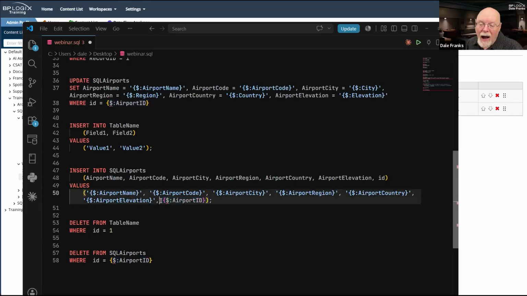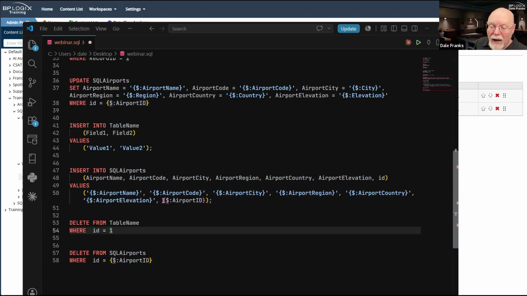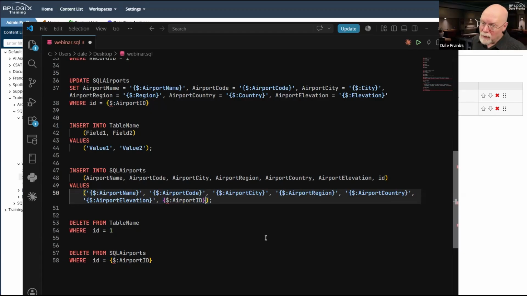because I now have to pass the airport ID. A couple of things to note here. The airport ID is not set off with single quotes because it is a numeric field. So that's one big difference. But the other big difference is that it exists in the SQL statement. I have to set a unique ID.